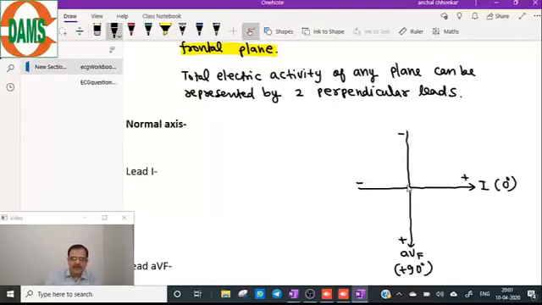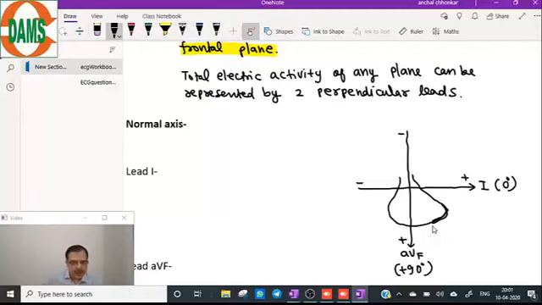Now these are the two perpendicular leads, and here we will draw the position of the heart, in a vertical plane or in a frontal plane. This is the position of the heart,